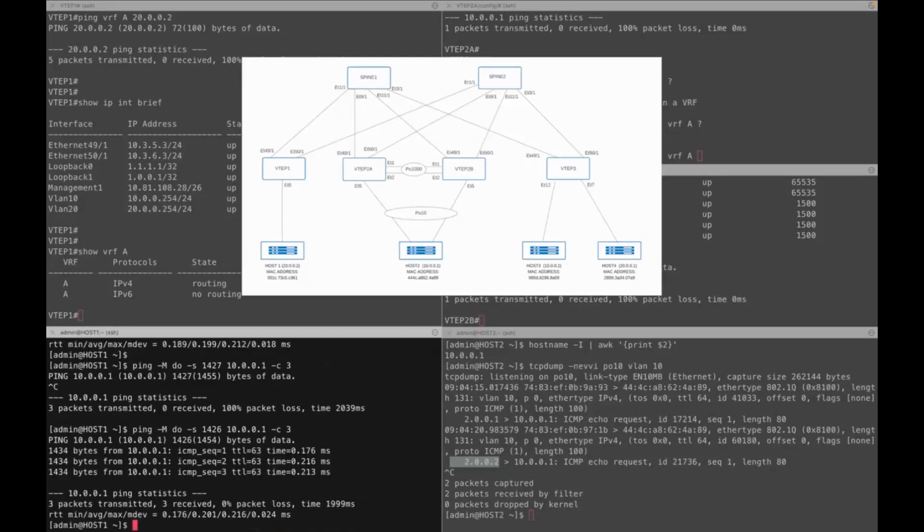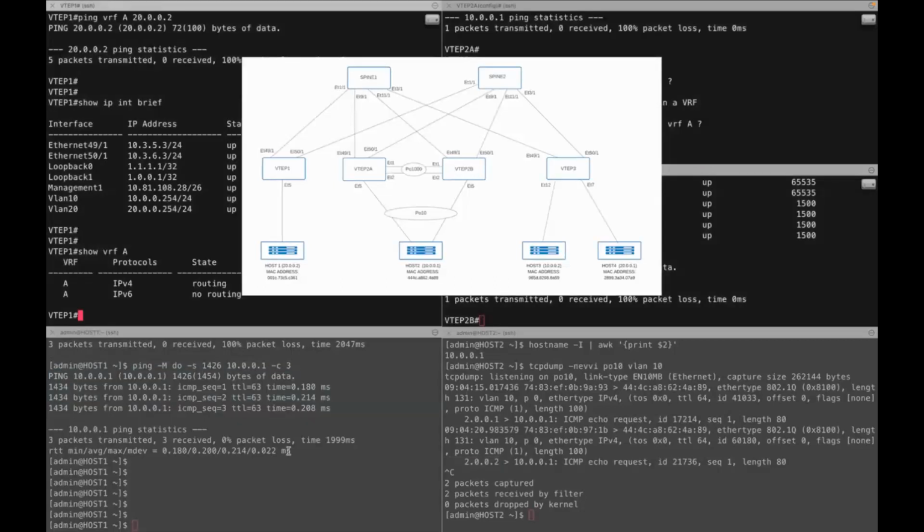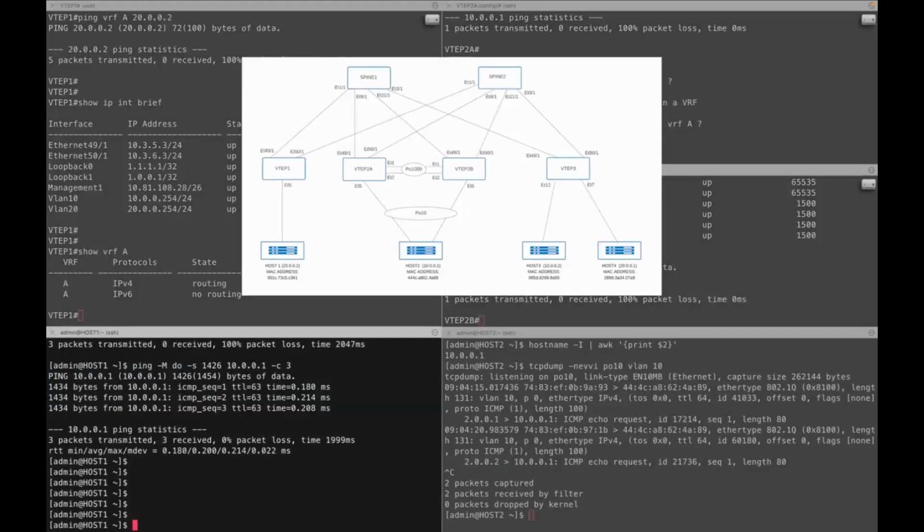So we seem to have found our bottleneck, which is 1427 bytes. Now, as you might have already guessed, pinging with size 1427 on this Linux distro does not mean the entire packet size is 1427. This just defines the size of the payload. The ICMP header of 8 bytes is further added. So in truth, the size of the packet that's not going through is 1435 bytes. So this further confirms to us that bigger sized packets are getting affected, and there is an MTU black hole